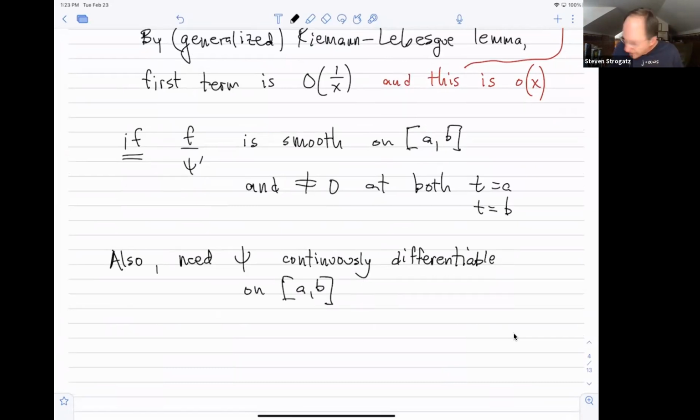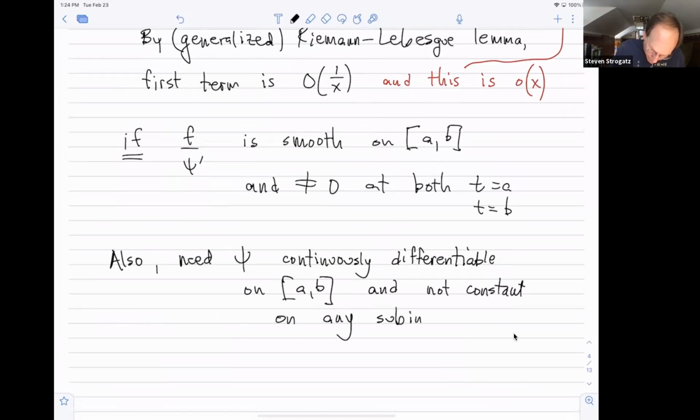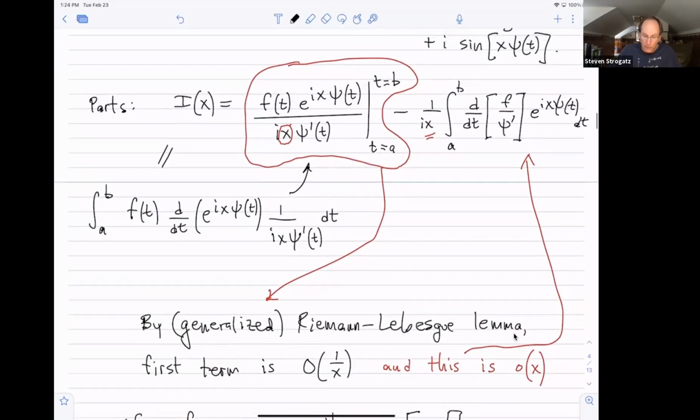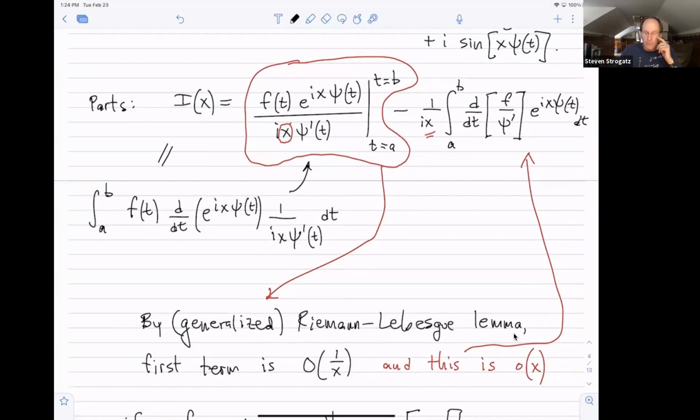And I don't want psi to be constant on any subinterval. If psi were a constant somewhere, then psi prime would be 0 on that interval, and I'd be dividing by 0 in a big way in here, which looks like that could